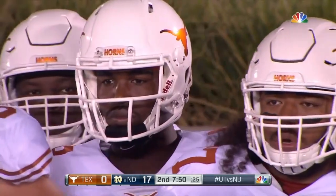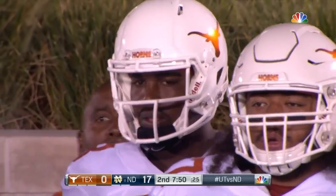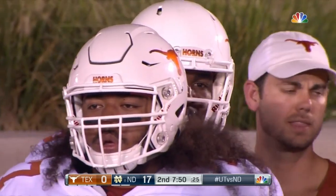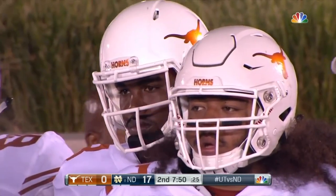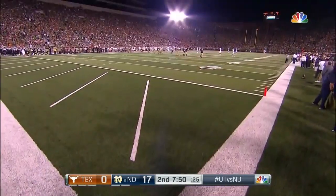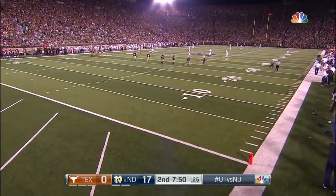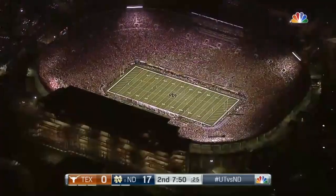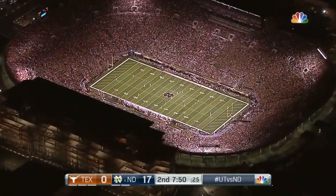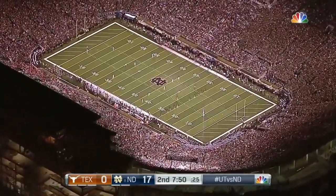So they had a penalty on the kick against Drew Tranquil. And so they're going to re-kick. And we'll give Texas another chance. But Swoops, very soft-spoken guy, Doug, almost shy, in stark contrast to Hurd, as the offsides penalty will force Notre Dame to kick it again. But he wants something to prove. He wants to prove to, he told us, his family and all of his Texas teammates